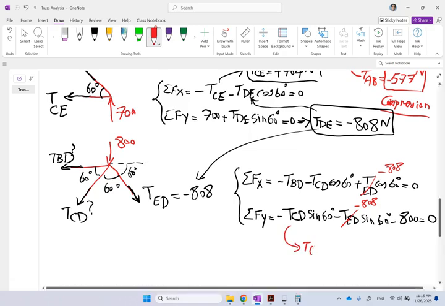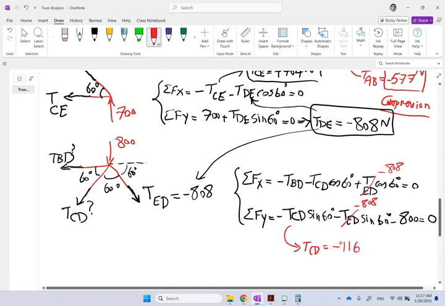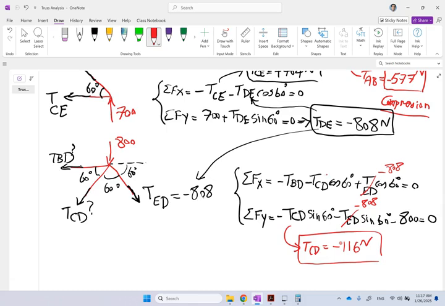So let's go ahead and calculate T of CD here and then plug it into the top one to get TBD. So this is going to be negative 116 Newton. Again, negative means that is under compression. So now we plug here negative 116. That should give us T of BD. That should be negative